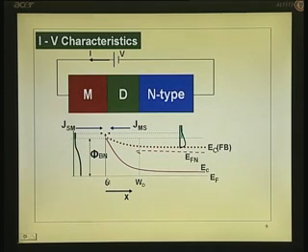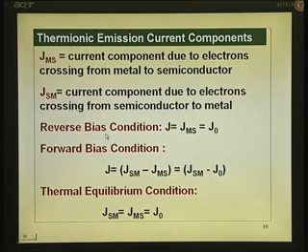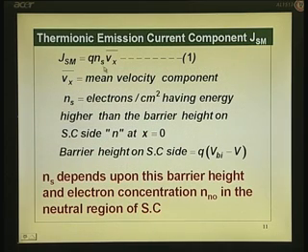x equal to 0 is on the surface, the metal semiconductor junction at x equal to 0. What is the electron concentration there? Multiplied by the velocity that we are computing, the velocity component, that is V x bar, the mean velocity component in the x direction. That is a standard formula for any gas particle from statistics. Ns is the electron concentration,